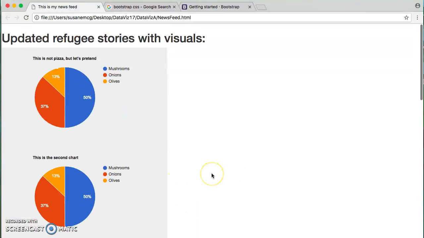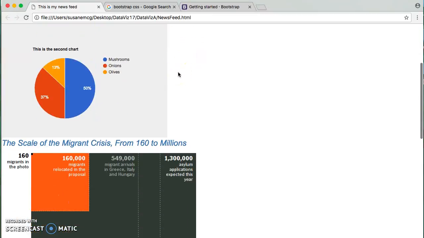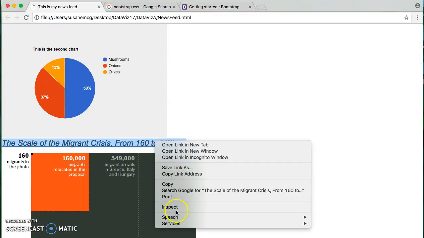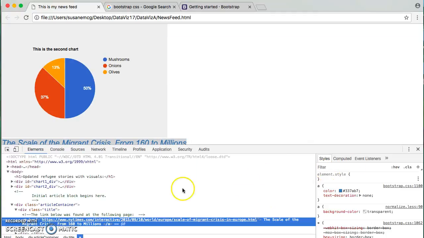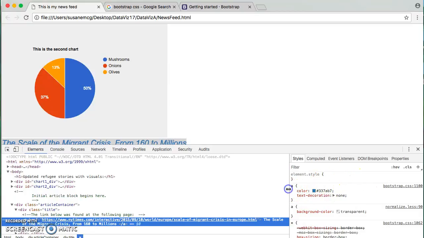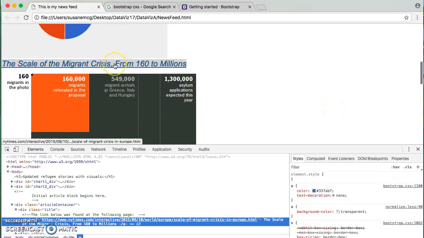Now, why has the style of the links changed? And it has my header 1 text. Well, that's because there's additional CSS in my page that is influencing that differently. So I can actually see if I choose inspect here. I'm going to be able to see in this right-hand window where the styles that are being applied are coming from, right? So right now I have this heading, it's actually a link, highlighted,